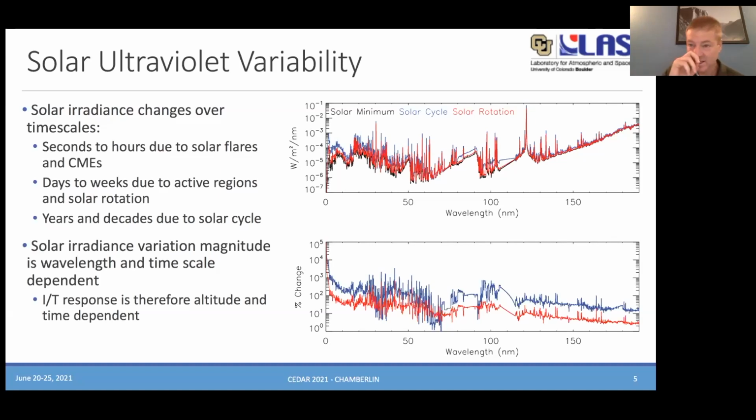And the XUV is one thing that has drastically improved from going from the FISM 1 model that was released 15 years ago to this new version of FISM 2 that was released in December.